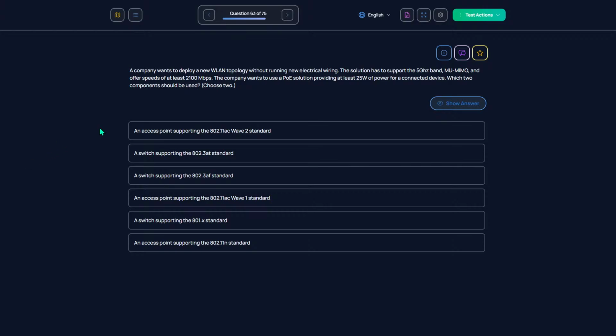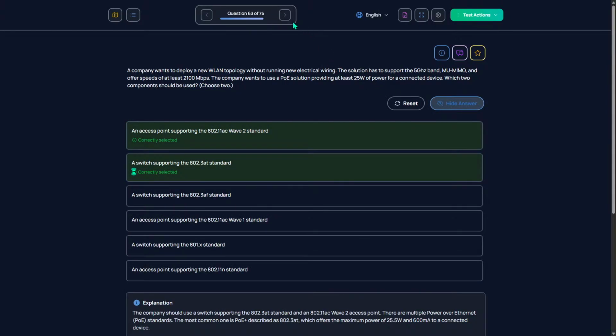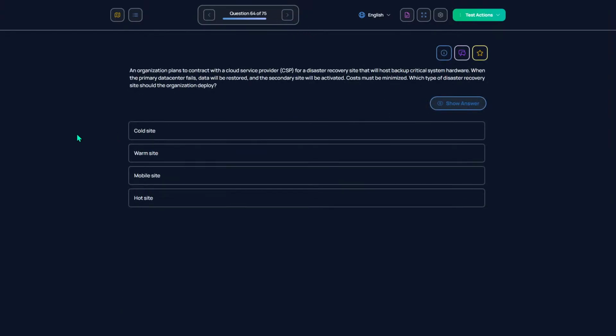Which two components should be used? That was the Wave 2 standard, and I forgot the other one. Is it a switch supporting 802.3at? Yeah, there we go.